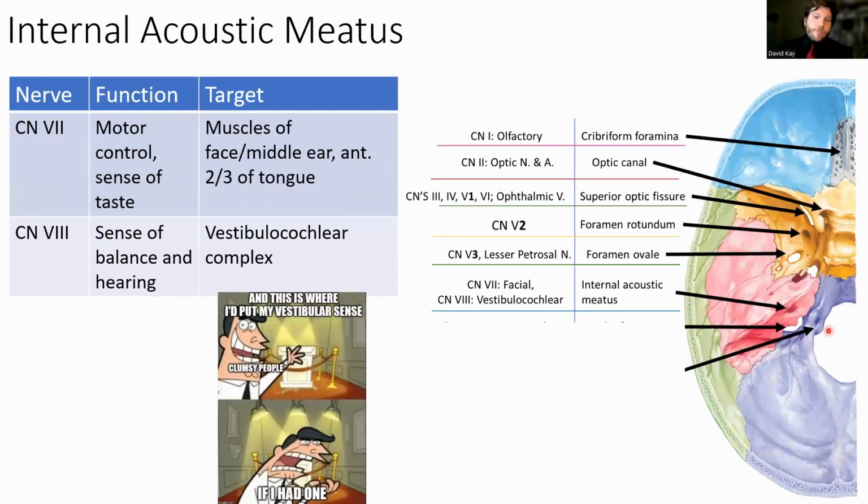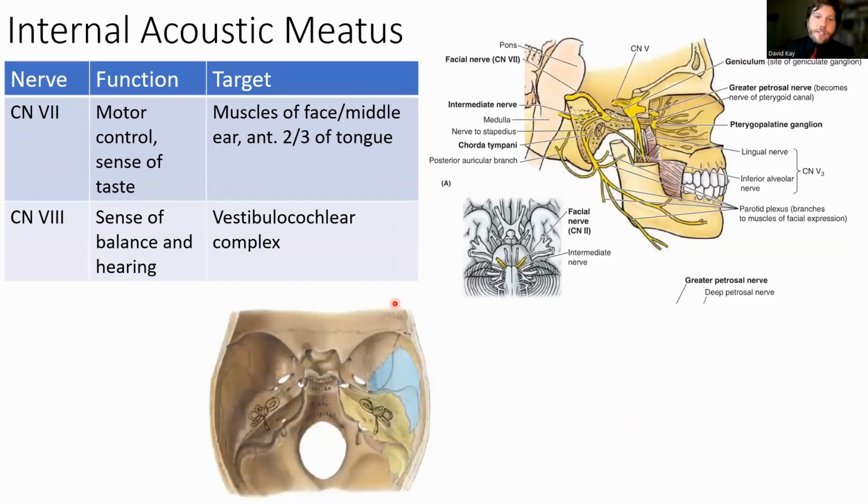The posterior most middle cranial fossa foramen that we're going to discuss is the internal acoustic meatus. The internal acoustic meatus actually has two nerves running through it. Cranial nerve 7, which is the facial nerve, which provides motor control over the muscles of facial expression, as well as motor innervation to the middle ear muscles, and the special sense of taste to the anterior 2/3 of the tongue. There's also cranial nerve 8,